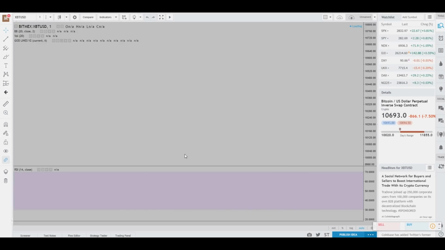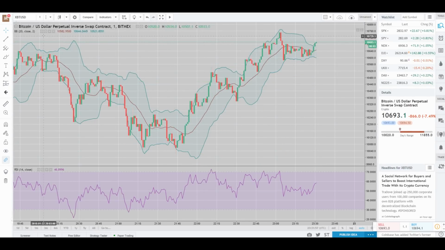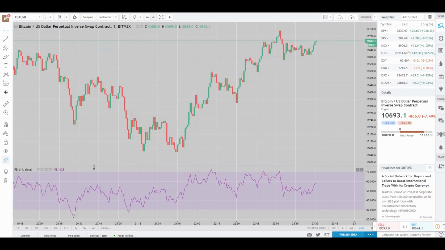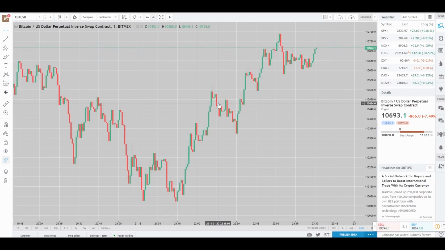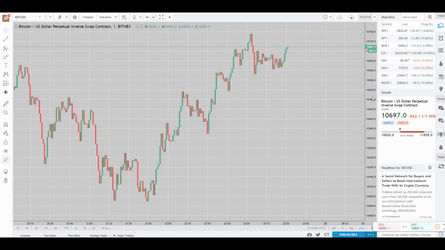So here we go. No thanks, we don't want to upgrade. Let's make this chart the way it looks when you guys open it up. Boom, boom, and boom. Okay, what you're looking at, let's start with the right side. This is the price in US dollars, the value of Bitcoin in US dollars, which can also be seen right